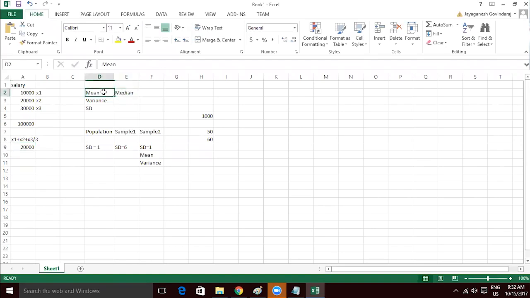Because mean and median both basically give an average. So we have the mean, why do we need the median? The mean is very sensitive to outliers. For example, if another person was getting a 1 crore salary or 10 lakh salary, that is possible in the real world. If he's a specialist in some field, like virtual reality, some high skill, and he gets a 10 lakh salary, now if I include this person in the formula,